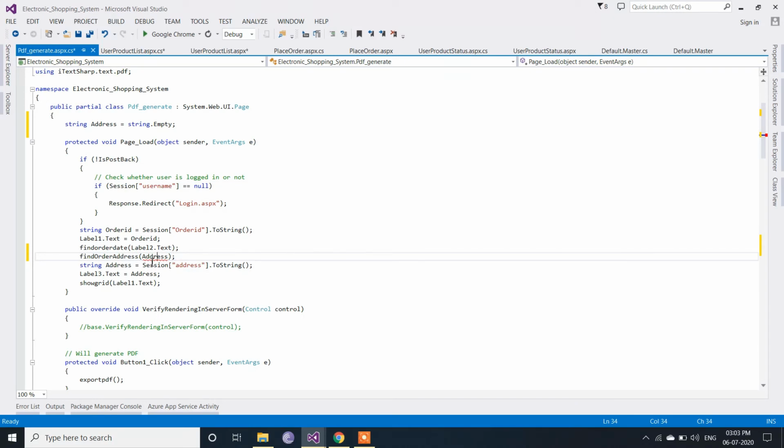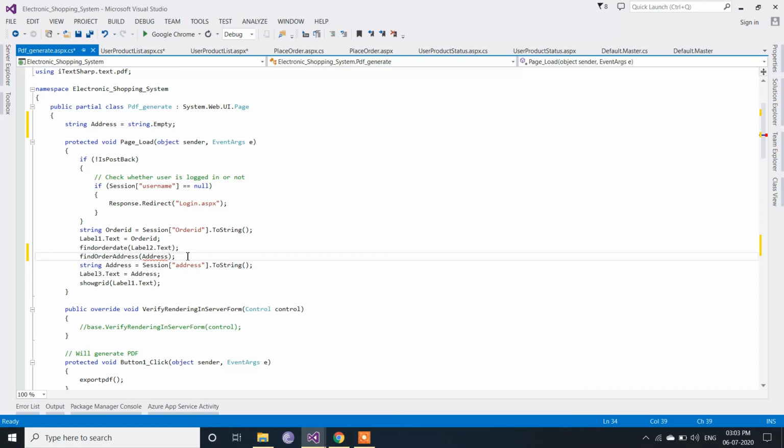Why is it giving an error here? We have called this function, string pdf generate, cannot use local variable address before it is declared. We have declared it here, so copy it and paste it here. It's the same one. Yeah.